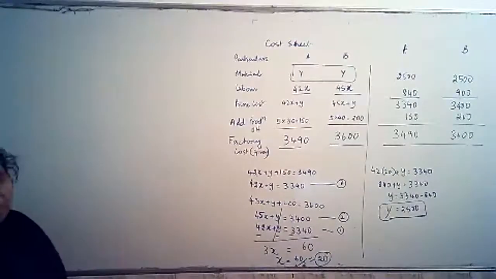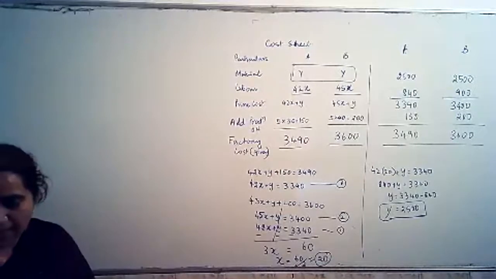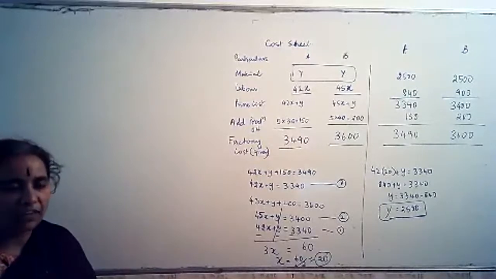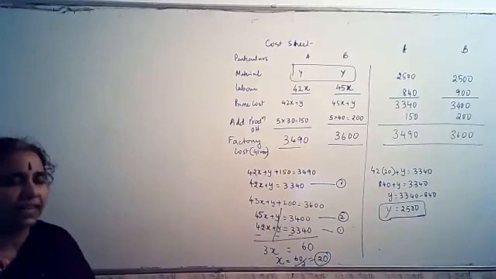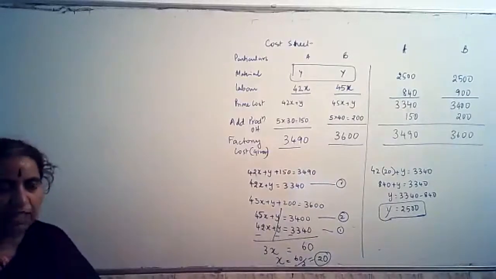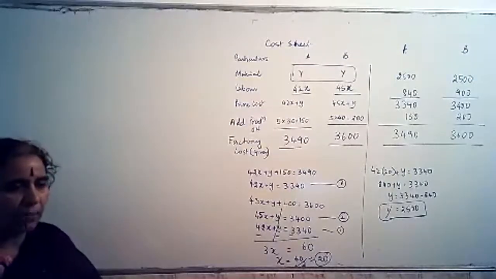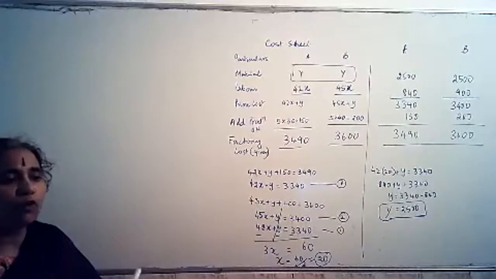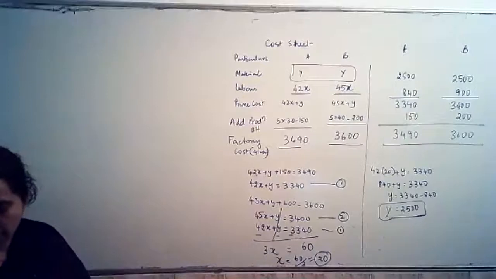Okay, let's solve this problem. Product X takes 24 seconds per unit and requires a relaxation allowance of 100%. So every time you are manufacturing a product X, how many seconds does it take? 24 seconds. Then you get a relaxation time. How much time? 100% means 24 seconds. After one is produced, after 24 seconds, to produce another there is a relaxation of 24 seconds. So altogether 24 + 24, 48 seconds are taken to manufacture one unit.